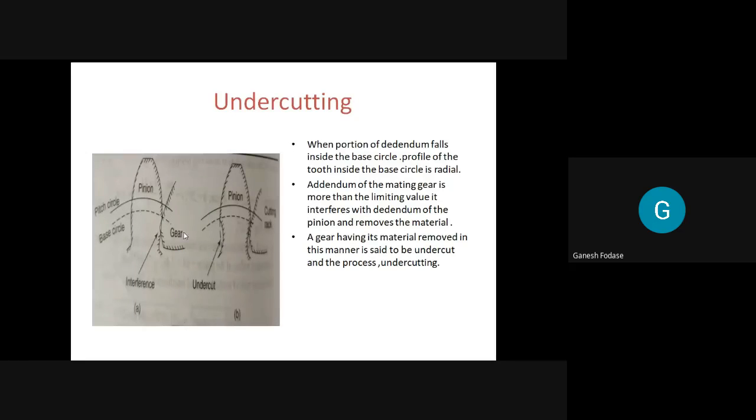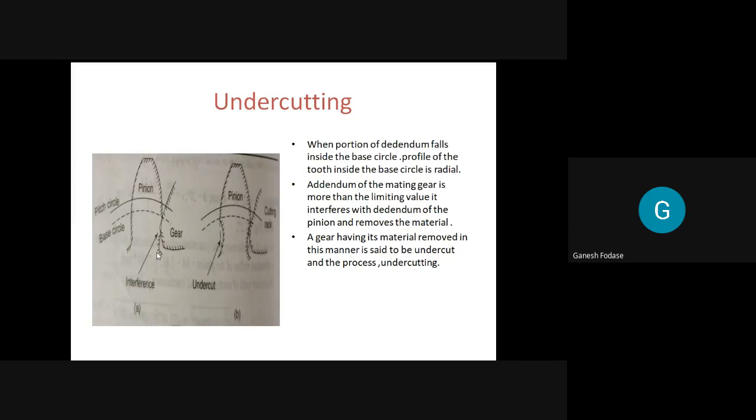And what basically undercutting is, you can see, is when a portion of the dedendum falls inside the base circle. This one is the base circle. The portion above the pitch circle is the addendum, and the portion below the pitch circle is the dedendum. If this portion of the dedendum falls inside the base circle, then the profile of the tooth inside the base circle is radial, or you can say the addendum of the mating gear is more than the limiting value. So there will be interference with the dedendum of the pinion and it removes the material. A gear having its material removed in this manner is said to be undercut,